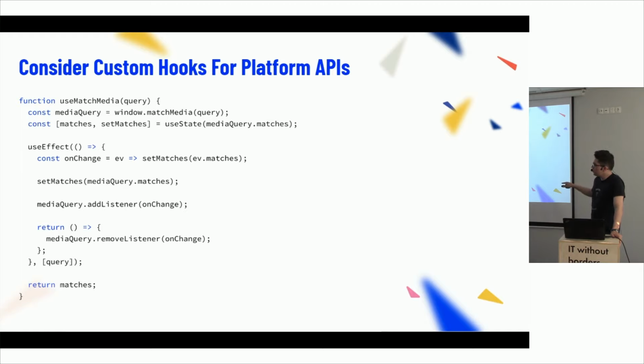So what's happening here, we have this media query list object, and we use state to store the information whether it matches or not. It depends on the query itself, so each time the query changes, we do a little bit of shuffling here with the media query list. We set matches, so we change the state, so the new state can be properly returned from the hook and then reused by the component.